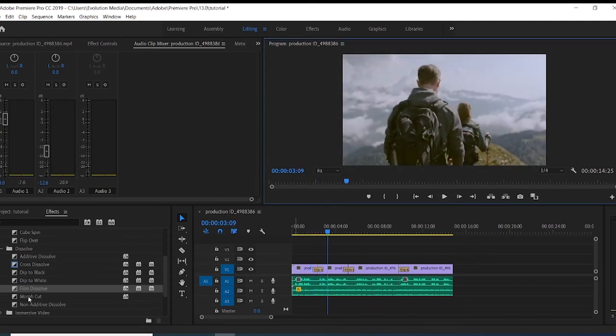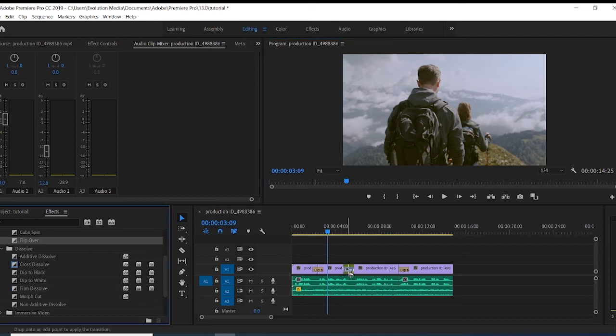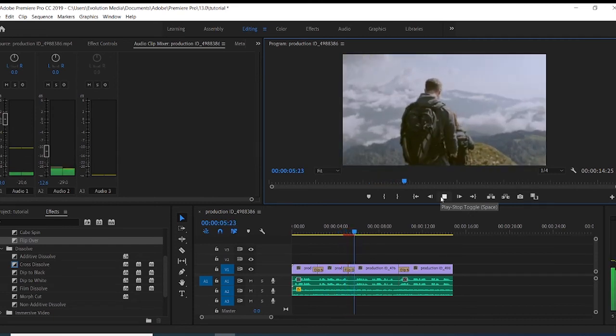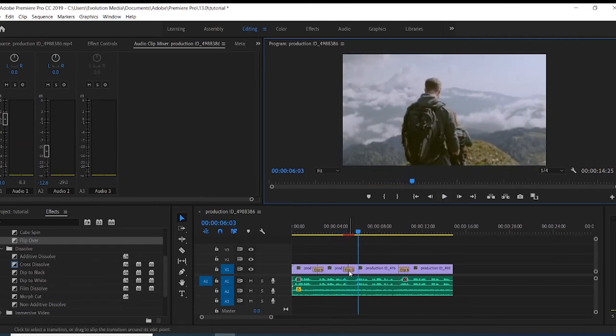Begin black here, and then we can have another one here. Maybe if you use flip over, I'm just using this one, they are not appropriate on the same video. You see it's still the same video, so you have to transit, as the name suggests, video transition. You have to transit from one video to the other.